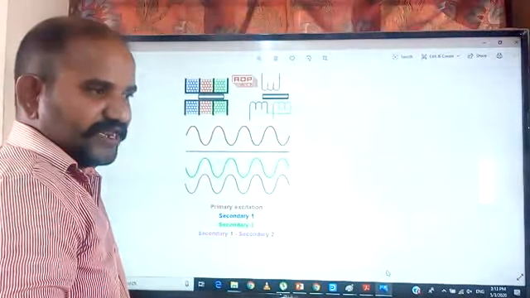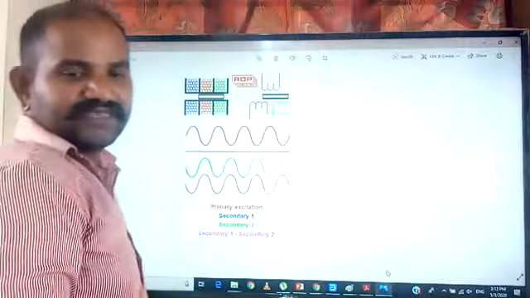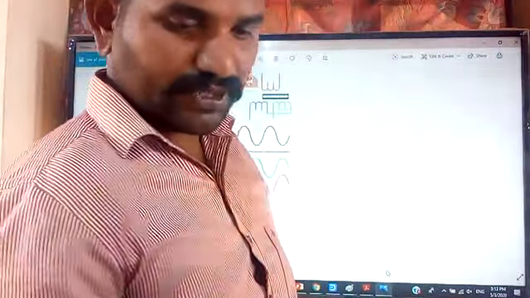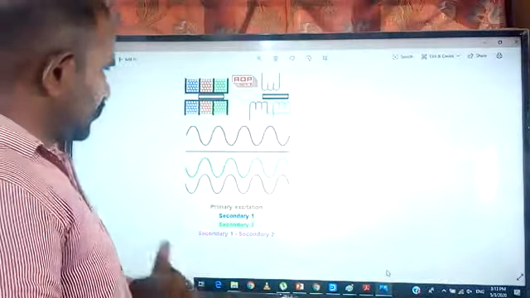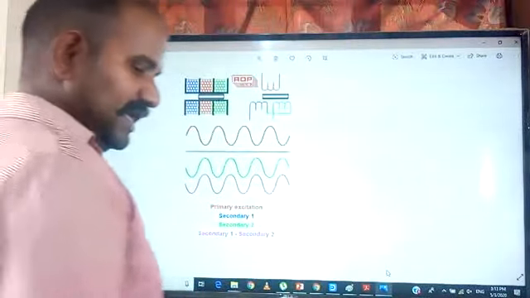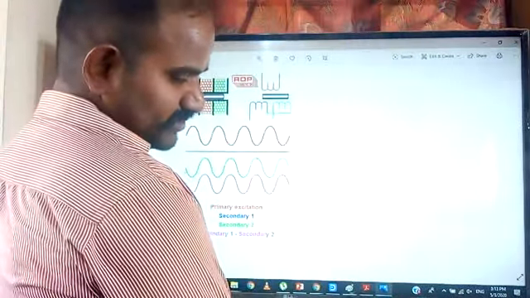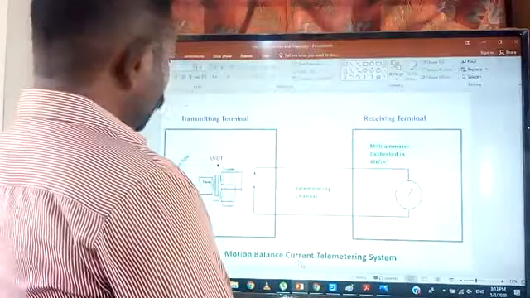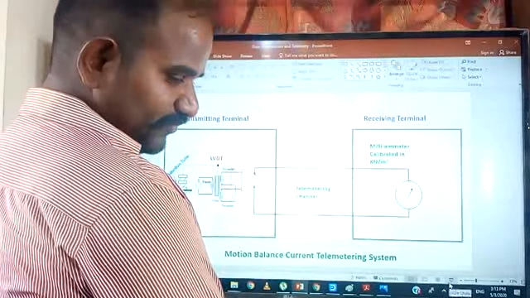LVDT is nothing but a linear variable differential transformer, which transfers the displacement value into an electrical signal format. We have already seen this concept, but I would like to review it once. Using the same concept, we have